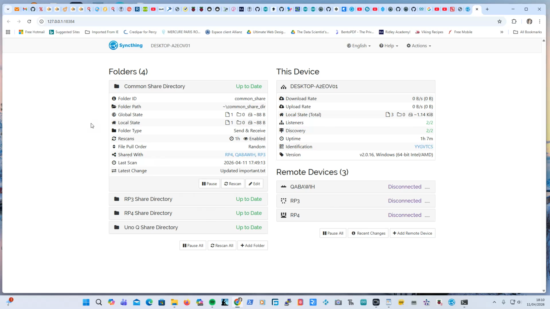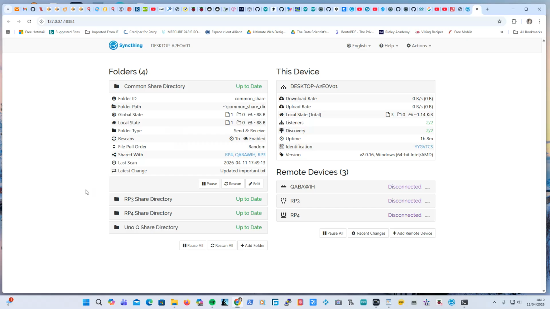Unless you go in via something like VNC or Raspberry Pi Connect, it won't let you access this page on any other device,